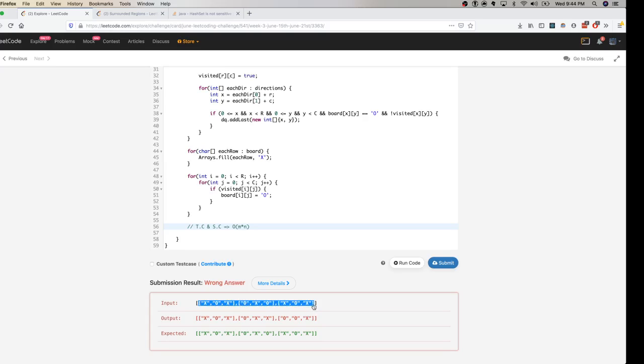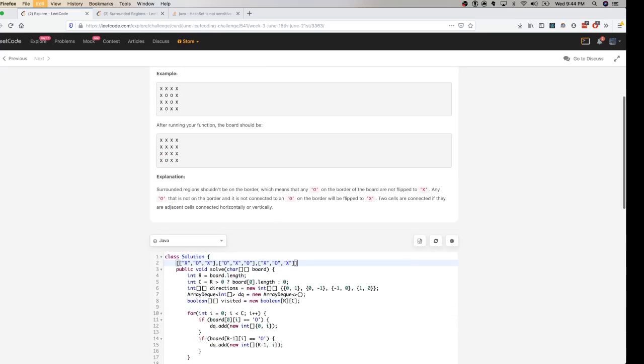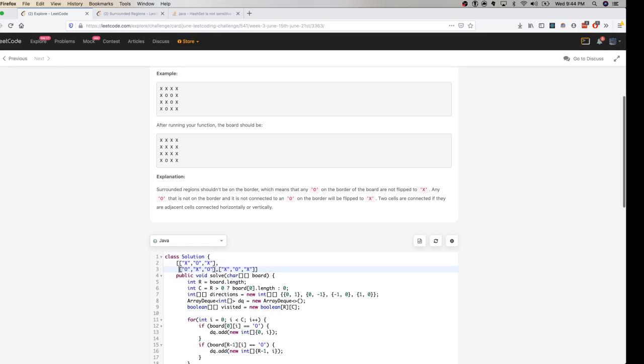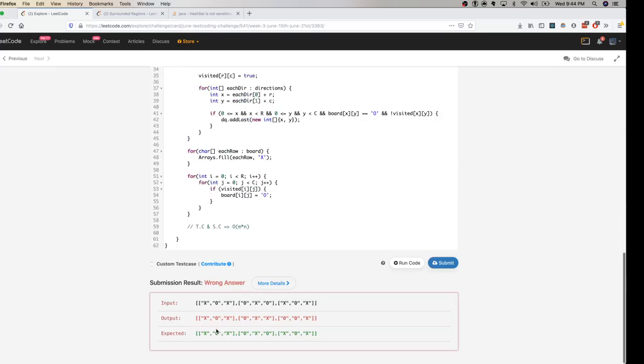Your grid is supposed to be this. Okay, so all the 4 boundaries. So what am I getting? Oh, I'm converting this guy.